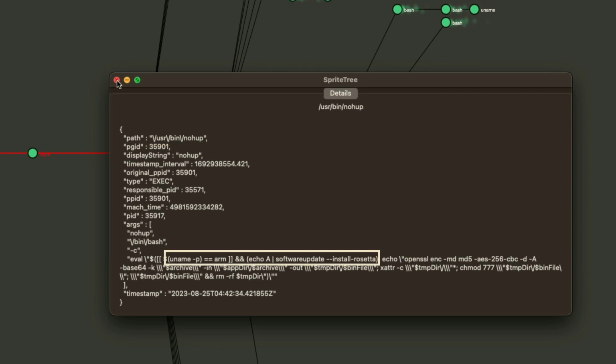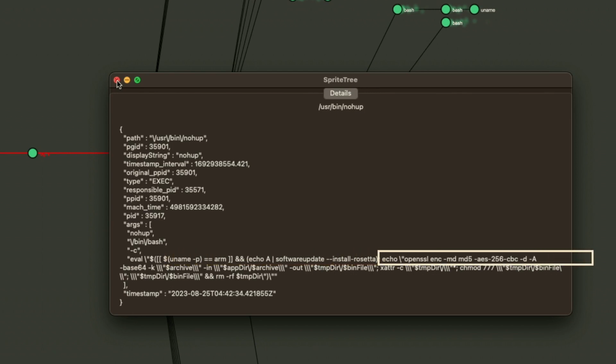So what are the commands that Schlayer is going to go on to execute? Well, first is the uname command, where we see the CPU architecture is checked. This gets done by a lot of malware: check the CPU architecture, see if it's ARM or Intel on this particular Mac. According to the bash script here, if the CPU type is ARM, the malware will install Rosetta, which is basically a way to run Intel compiled stuff on an ARM-based device. But it's going to do that all in the background at this point without the user seeing any of this, right?